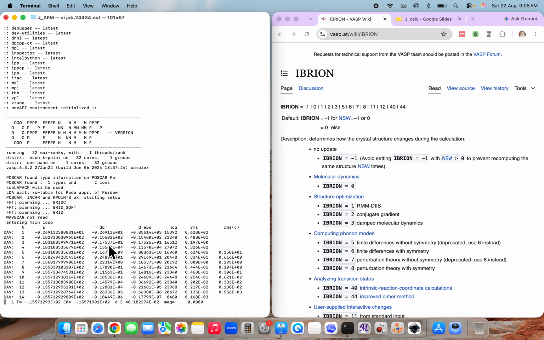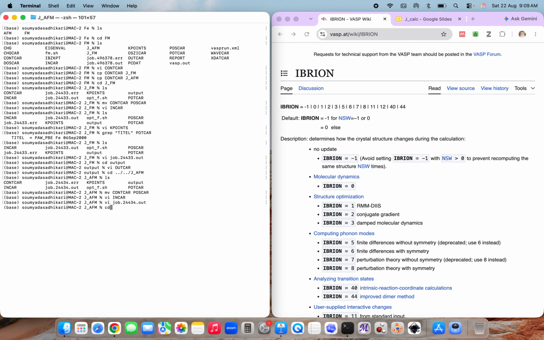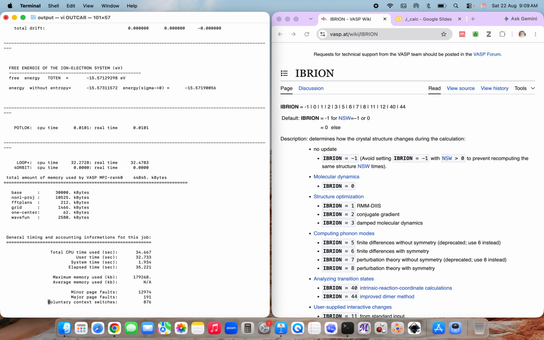Here we have got our result just within one step, as we have given NSW equal to 0, and I can now go to the output section of this, and here is our outcome. So here also you can check the free energy total we have got for this